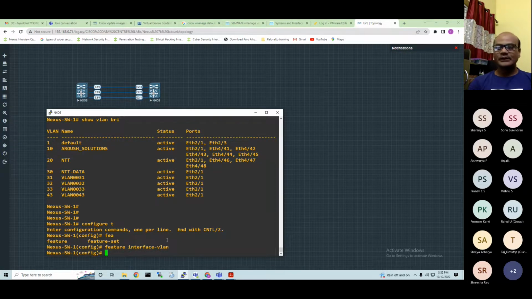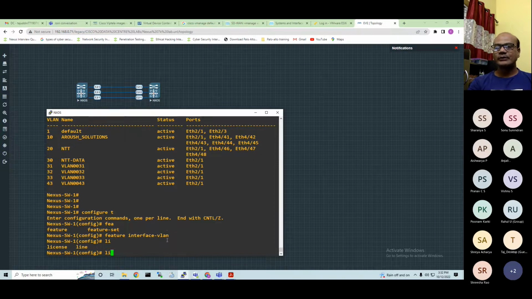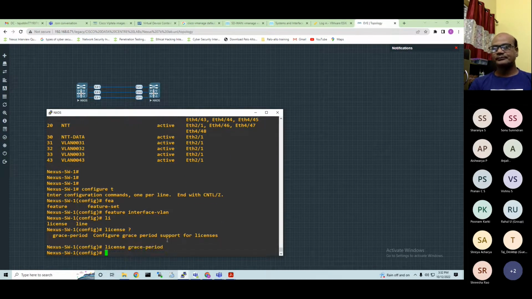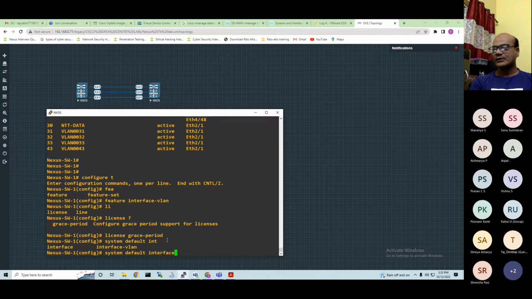I think license also we need to enable, then only this command will work. License grace period. Okay, so now we are able to use this command. So what are the commands? You can use the new command, system default interface